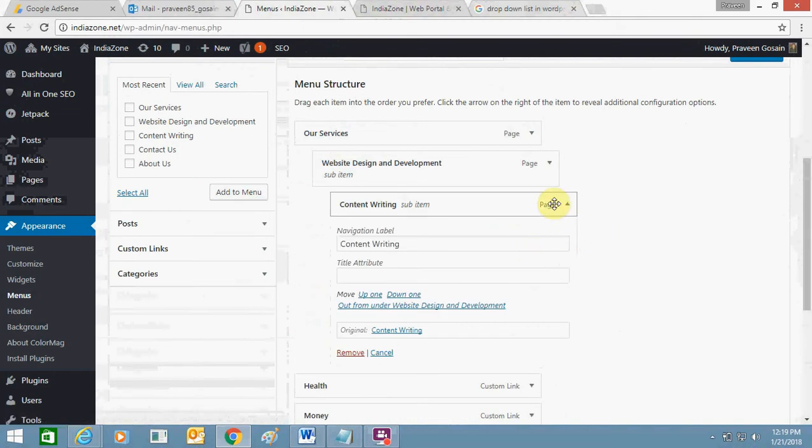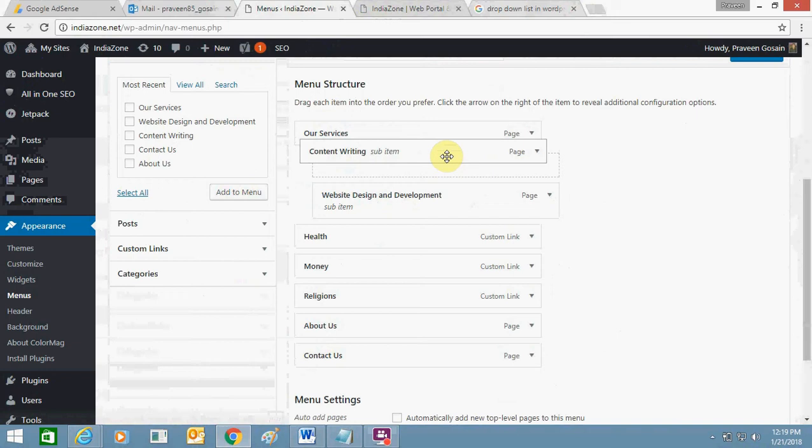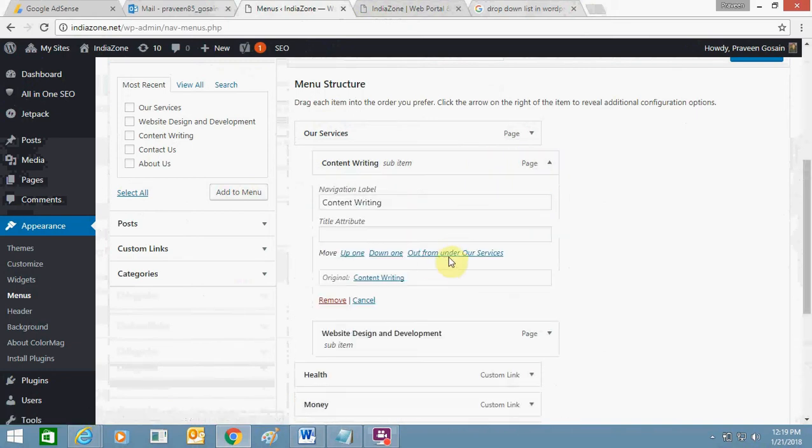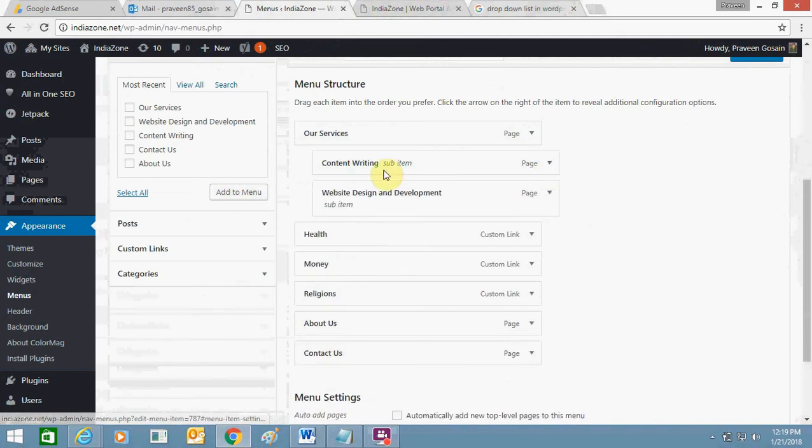You need to move it above a little more here. So this is showing under this one as a sub item. This is the main items and this is the sub items.